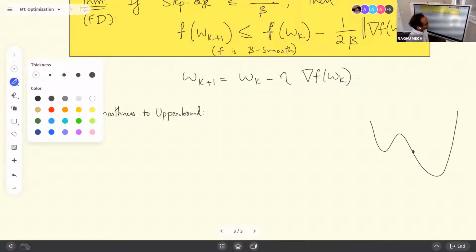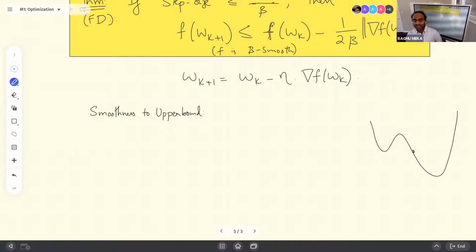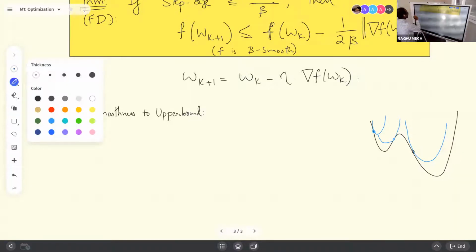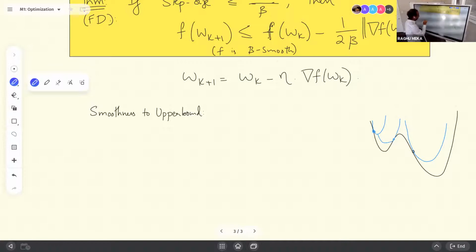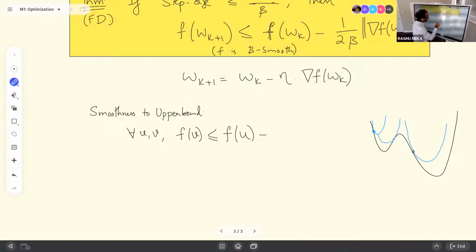It tells you that at every point on the curve, there is a degree 2 curve, like a parabola, that you can draw, that will always be above the function. So something like this. And if I go here, there will be another parabola. If I go here, there will be another parabola. Okay? So in particular, for all u comma v, f of v is less than or equal to f of u plus